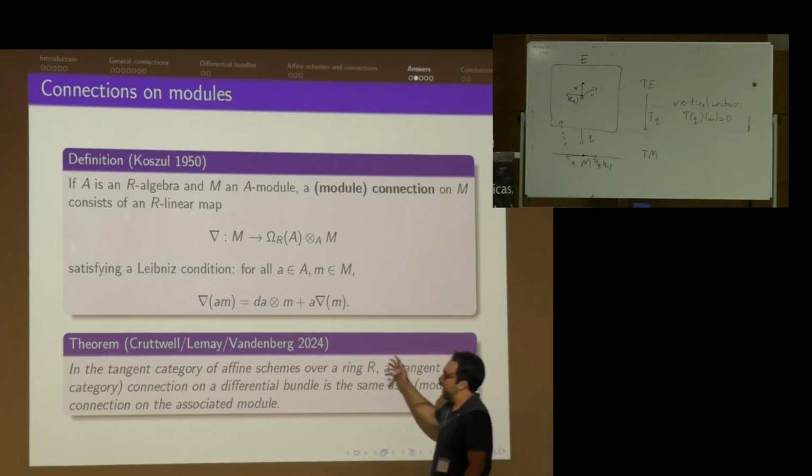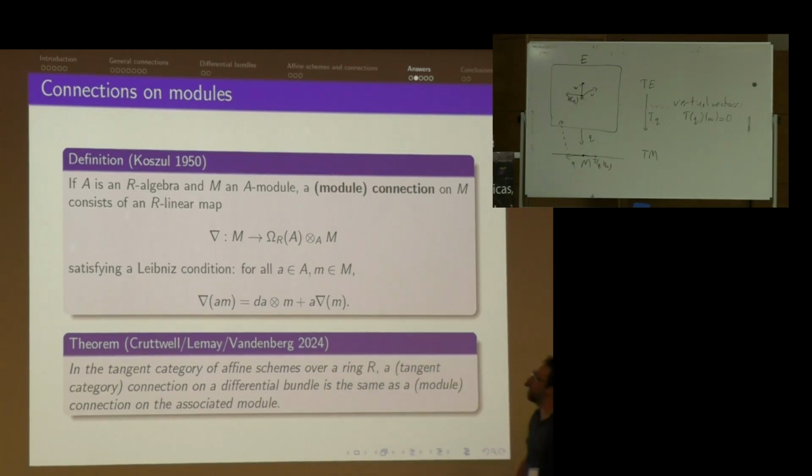And so what JS and Eli still did was show that indeed this matches up with the tangent category notion of connection we talked about earlier. Even though again it looks nothing like a sort of vertical retraction or horizontal lifting thing here, it does turn out to be the same thing. Roughly, how does that work?